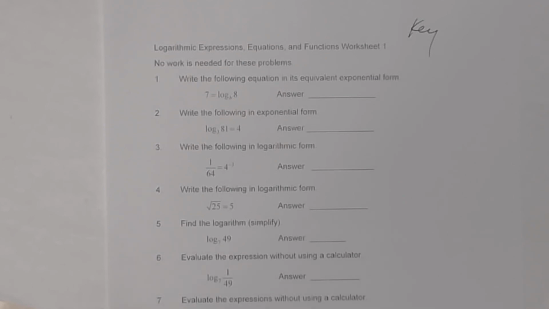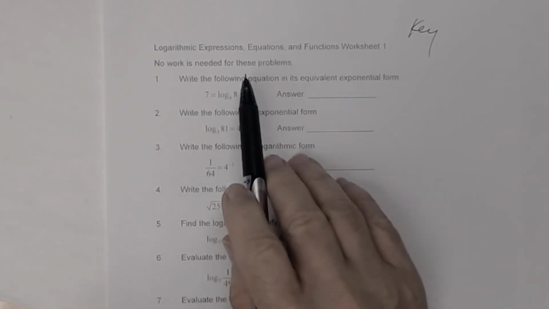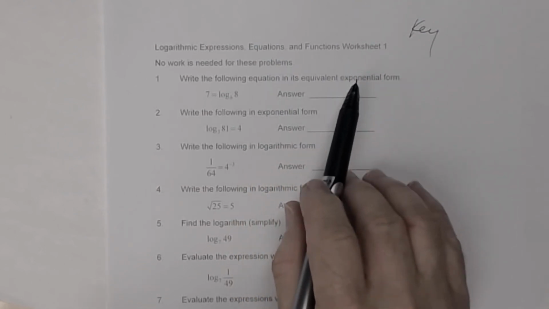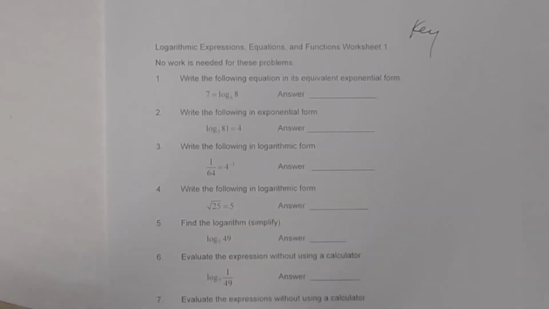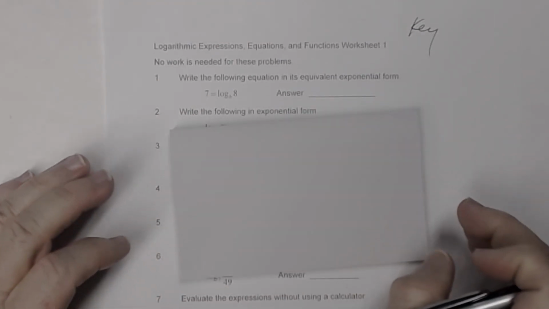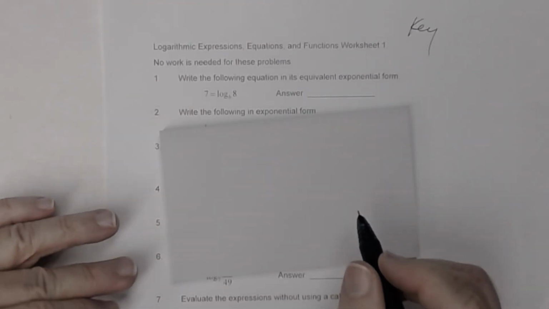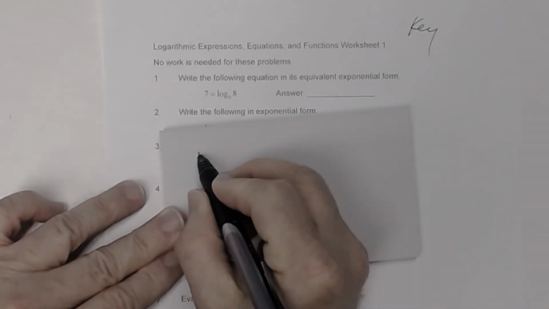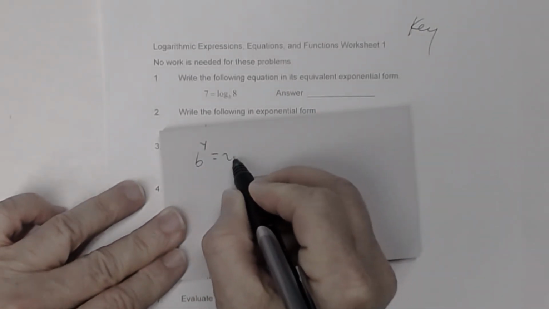All right, so this is the key to the log expressions, equation, and functions worksheet 1. In order to do these 10 problems, you need to remember this relationship. In one of the lessons, you saw that if you have b to the y equal x, so b to the exponent of y equal x,